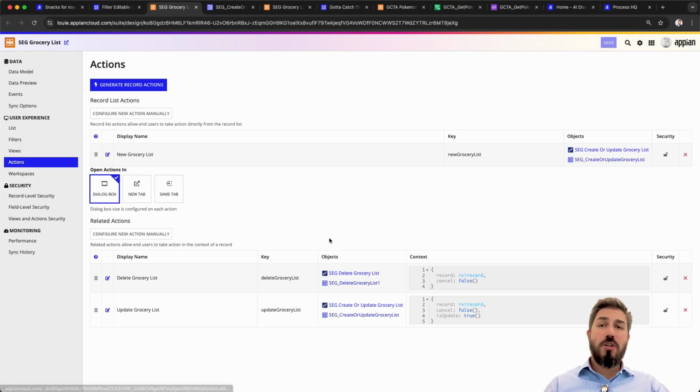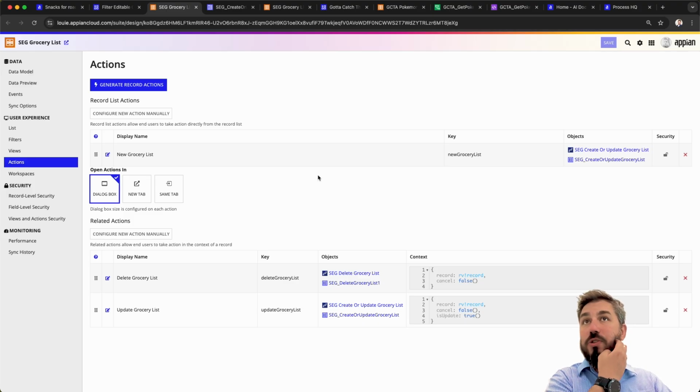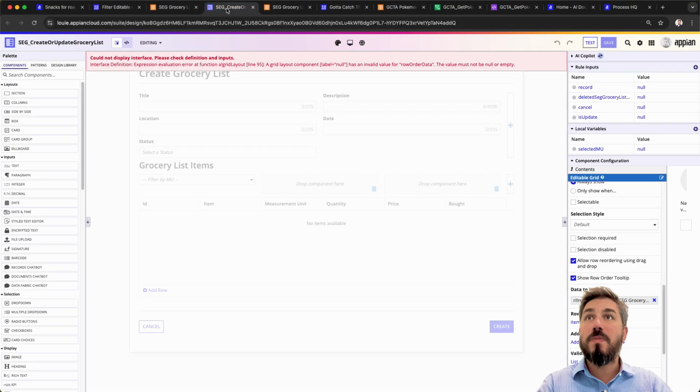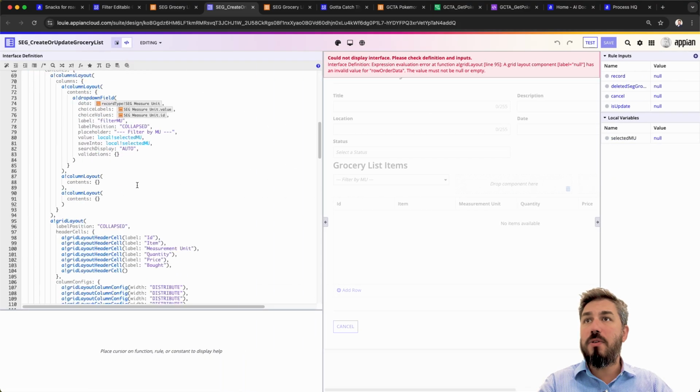Now, the second feature of 25.2 is the style text editor's new formatting options. So let's have a look at that when we are capturing a description field or a recipe field for our grocery list. So I am going to come back to this one in particular. Now I'll have to revert the changes that I've made so we can see how it looks. I'm just gonna quickly go ahead and remove